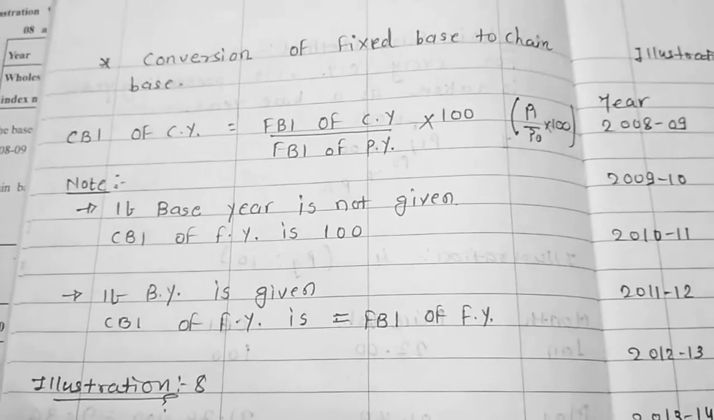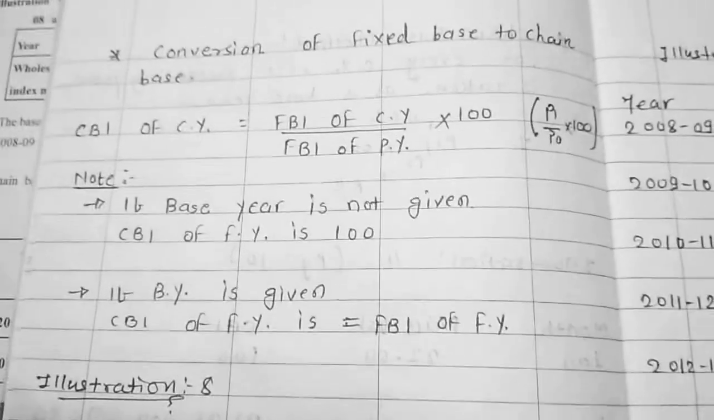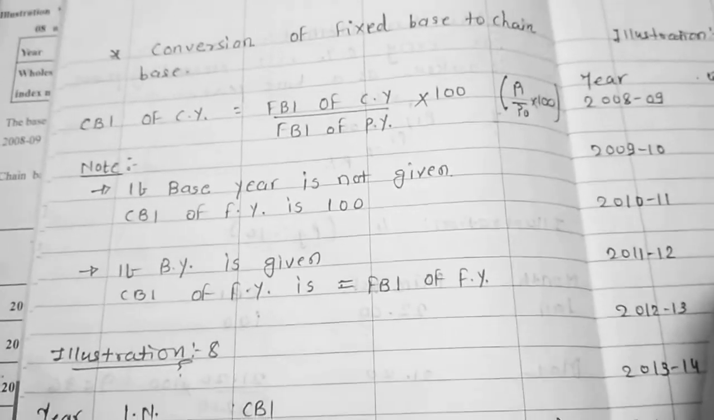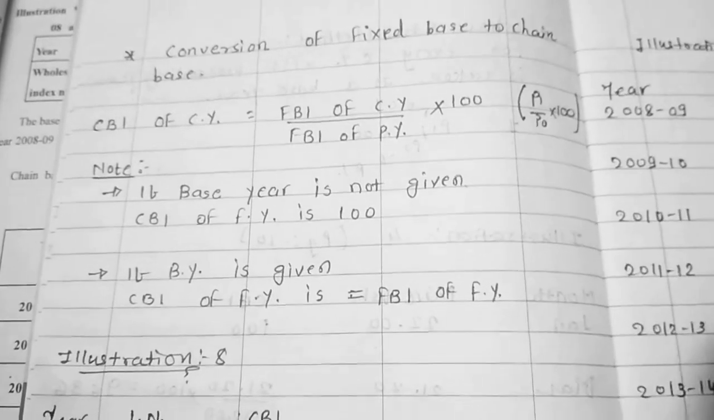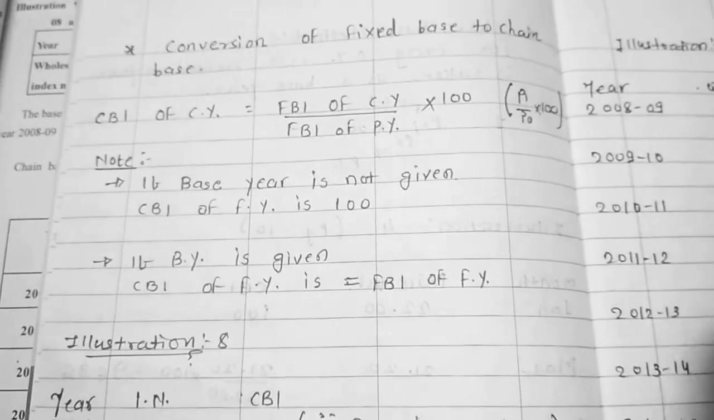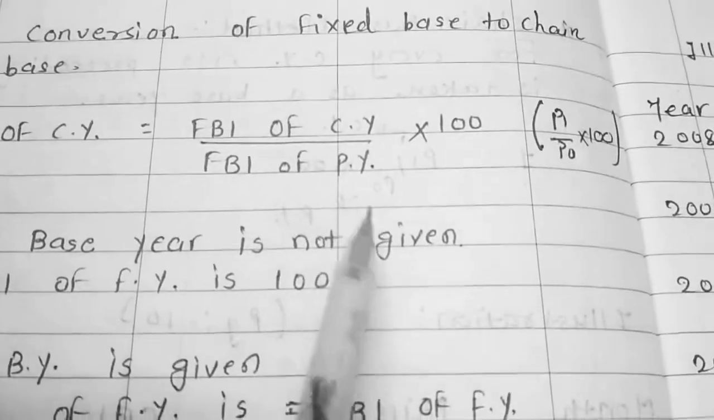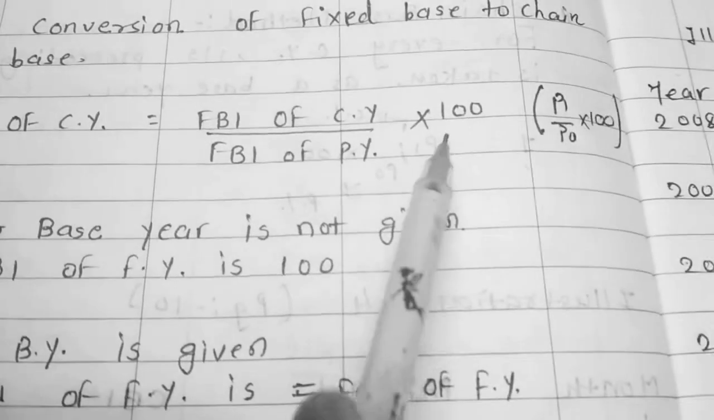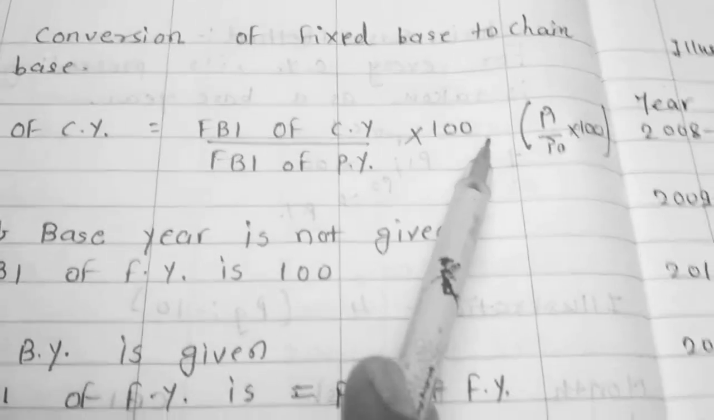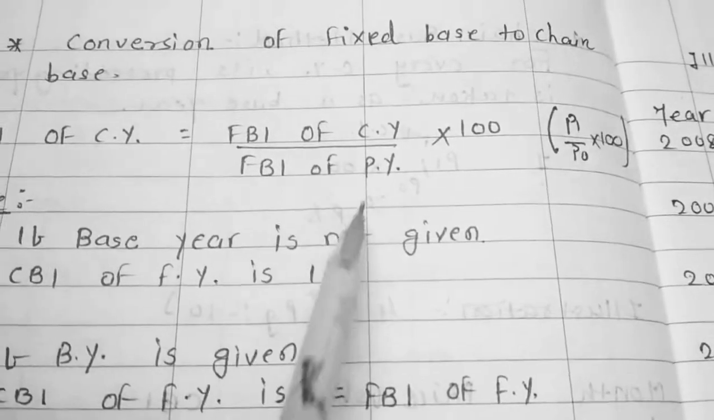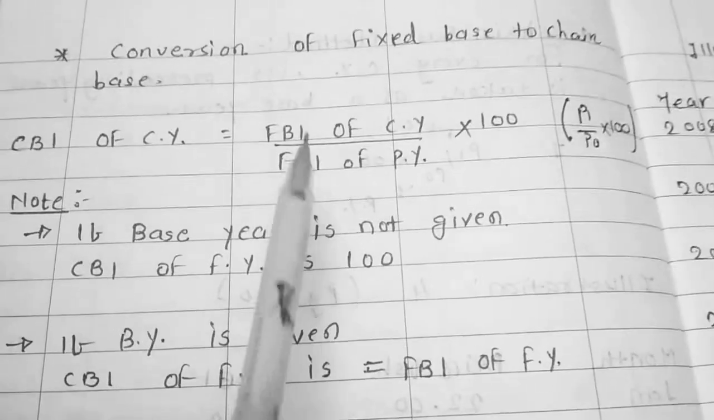Another concept is conversion of fixed base into chain base index number. So the formula is: chain base index number of current year is equal to fixed base index number of current year divided by fixed base index number of preceding year multiplied by 100. The way we were calculating chain base index number, in the same way we are calculating the conversion of fixed